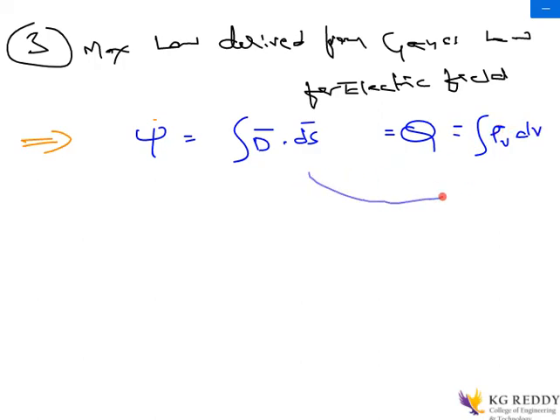Now I am going to equate these two. According to Gauss law, the electric flux which is coming out is equal to the charge which is enclosed within the surface. Gauss law can be given as the integration of D dot dS for a closed surface, and Q, the charge, can also be given as the integration of rho v dv if it is a volume charge distribution. We have various charge distributions like volume charge, surface charge, line charge, and point charge. So converting into the volume charge integration, Q is equal to the integration of rho v dv.